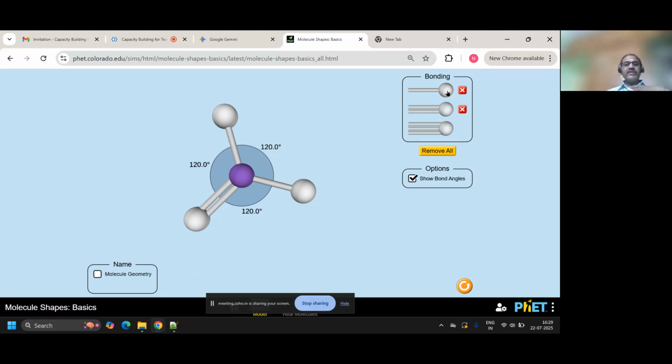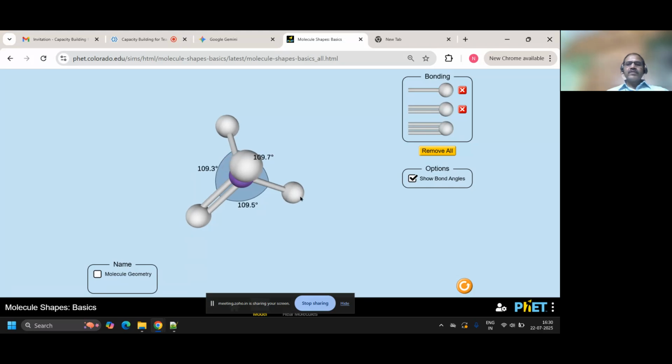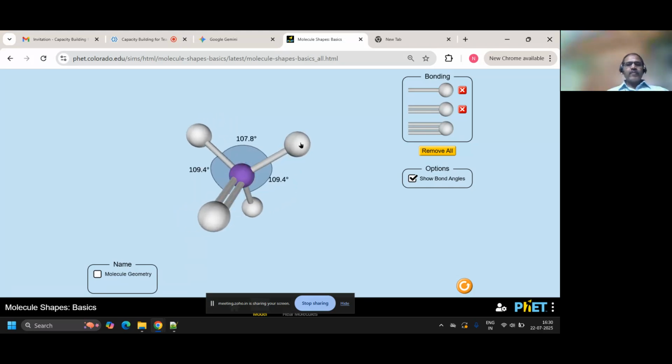This is called a simulation. Whether there is an atom like this, I don't know. There may be an atom or a molecule like this, I don't know. But I am just creating a model. With this one main atom, one, two, three other elements are attached with a single bond. Another one is attached with a double bond, right?